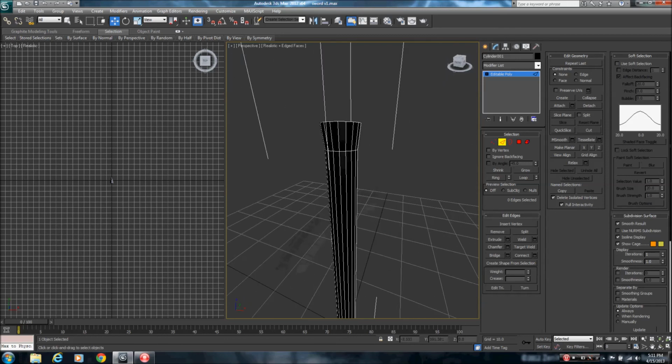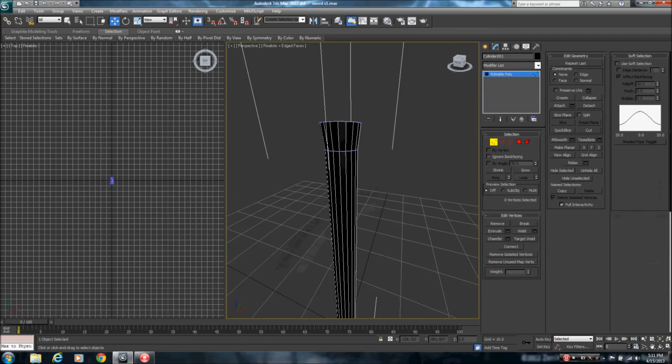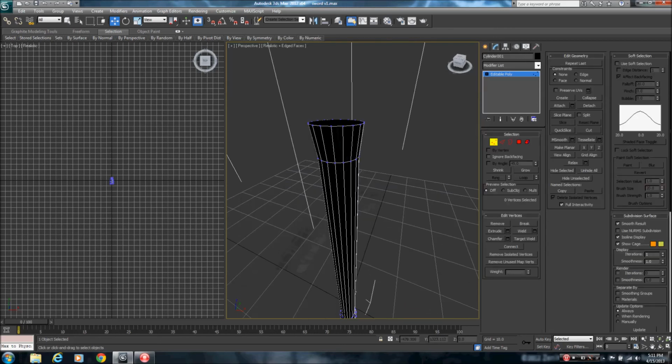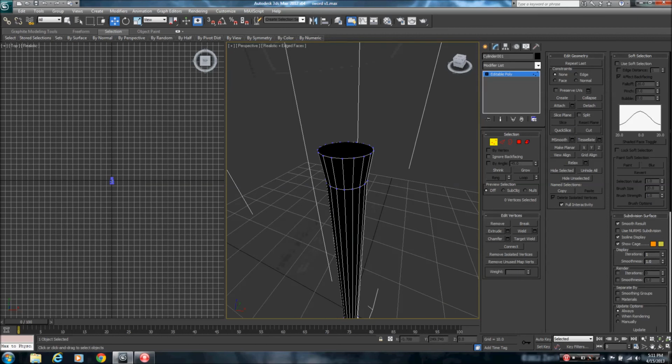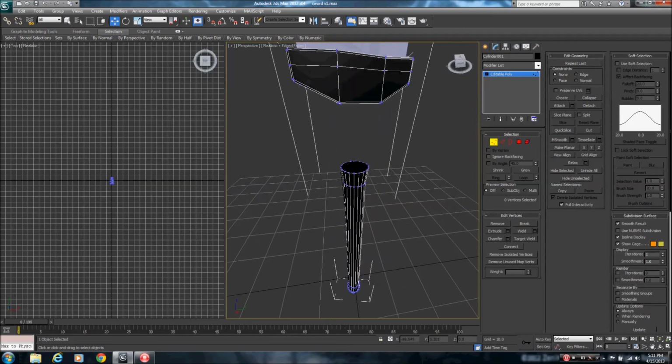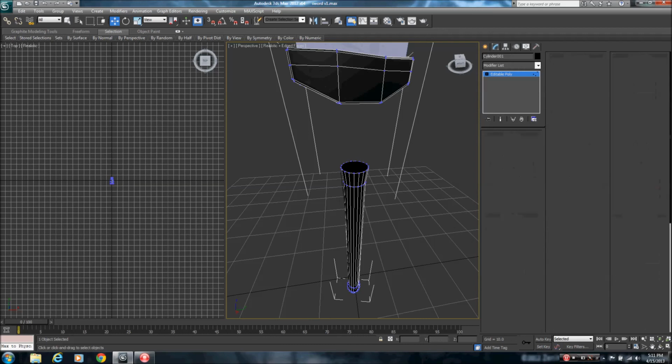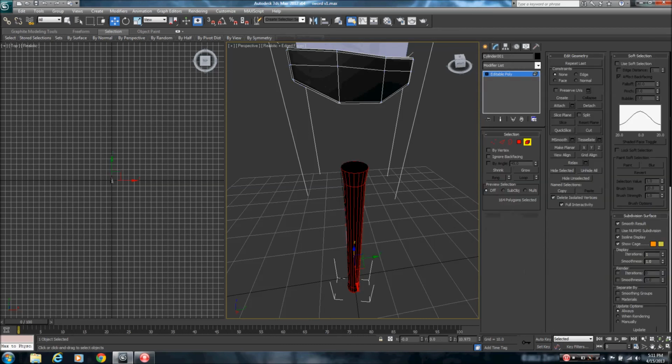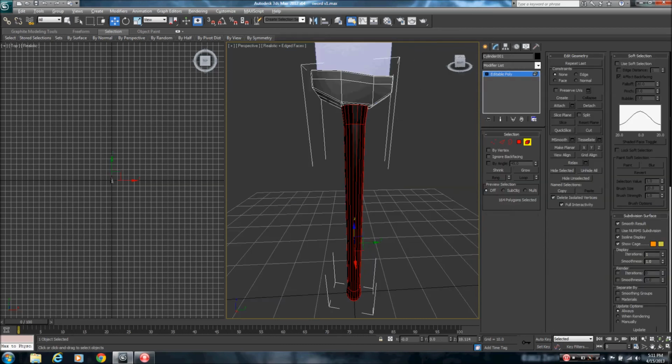So now all you have to do is, I'm lucky I don't have to deal with this because I set it up properly. But if you didn't, you will see vertices pop up around this area. You will see vertices pop up above it. If you see that, just get rid of them. There's a remove button for them too. You just highlight them and get rid of them. That's it. And now that we have that, you press this, you pop it back up there, and you set